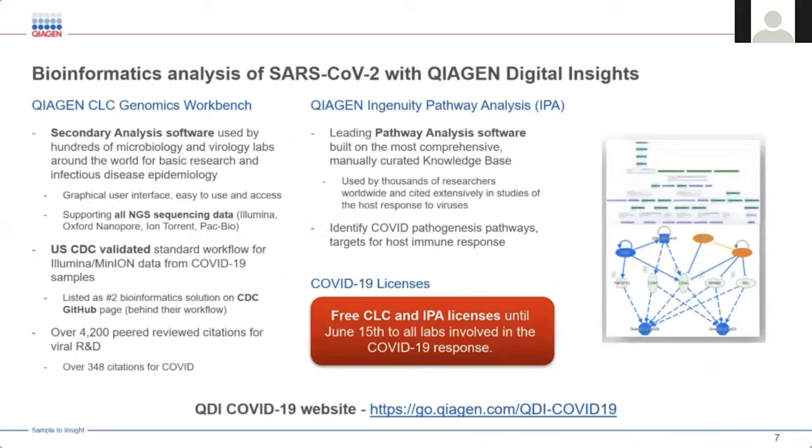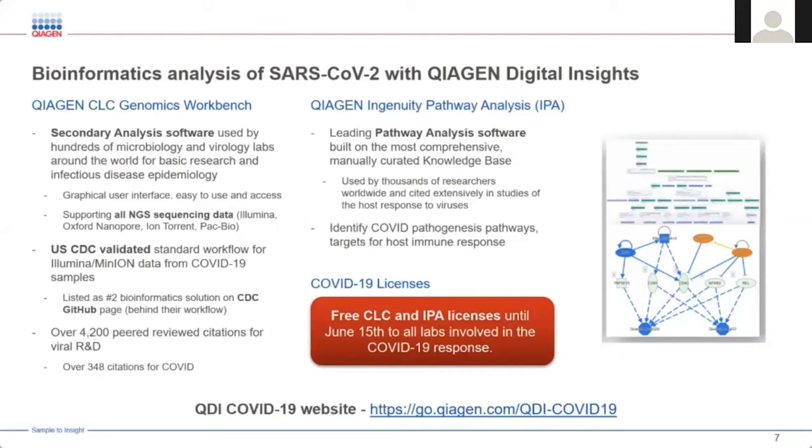Now, talking about what you can do with the data, it's important to understand that QIAGEN has multiple different solutions in the analysis and interpretation space, but specifically looking at what the QIAGEN CLC Genomics Workbench and QIAGEN Ingenuity Pathway Analysis can provide to you. All of these things allow you to look at different areas of the data. With QIAGEN CLC Genomics Workbench, you can do different types of reports, from basic reports to more advanced reports, as well as phylogenetic trees that allow you to look at the virus as it has been identified in different specific